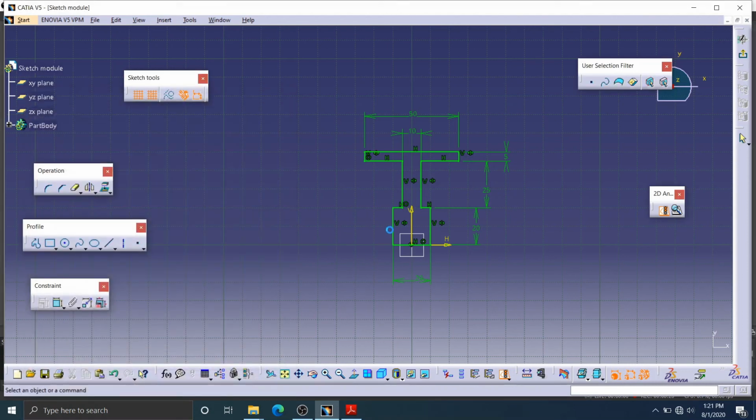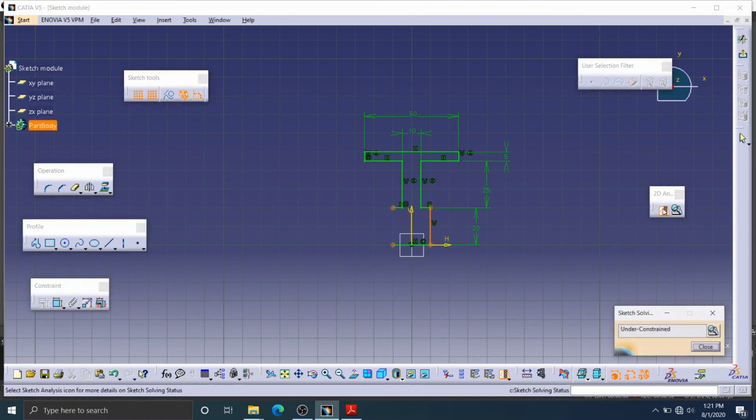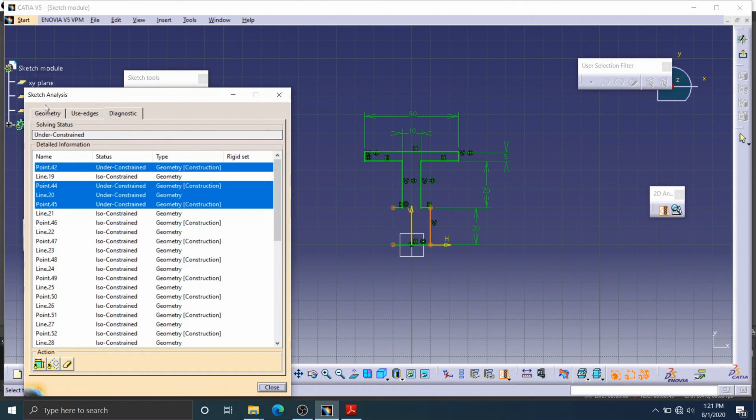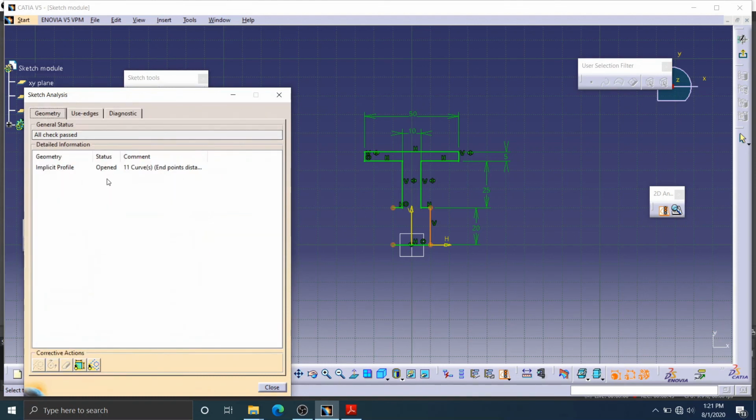Suppose I delete any line, I am deleting this line. Now my sketch is open loop. We can see the status, it is under-constrained. And when you go to the geometrical status, it will show our sketch is open loop.